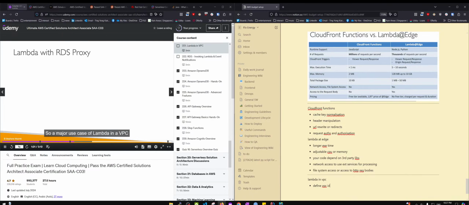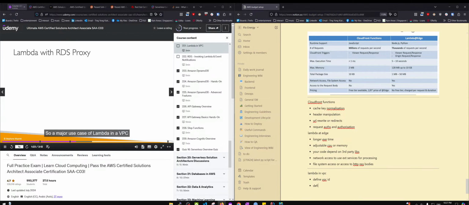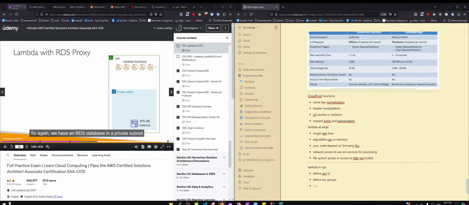So a major use case of Lambda in a VPC is to use Lambda with the RDS proxy. Again, we have an RDS database in a private subnet, but we have our Lambda functions and they access it directly. But the problem is that if they access your RDS database directly, it's going to be a huge problem,